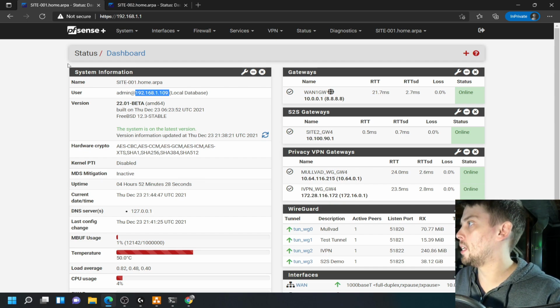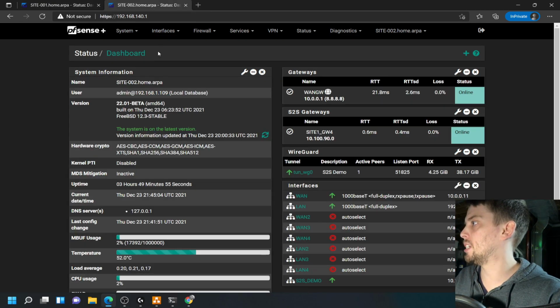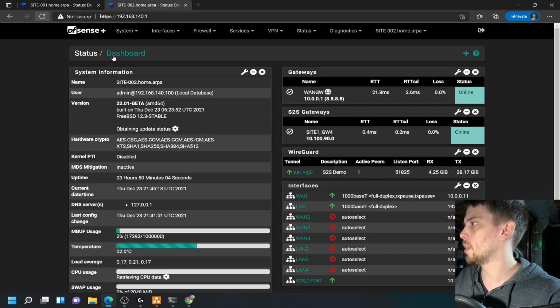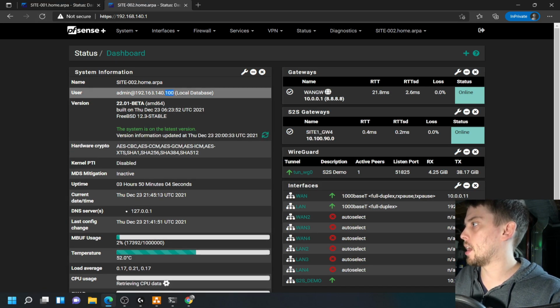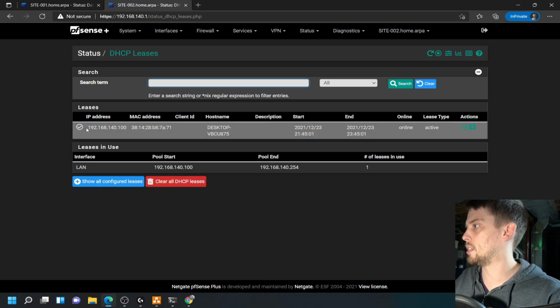So now I should have an IP on the 192.168.140.0/24 network. So if I refresh site 2, you can see that my IP address has changed. It's now 192.168.140.100. And in fact, if I go to status in DHCP leases, you can see that, yes, this is my laptop here,